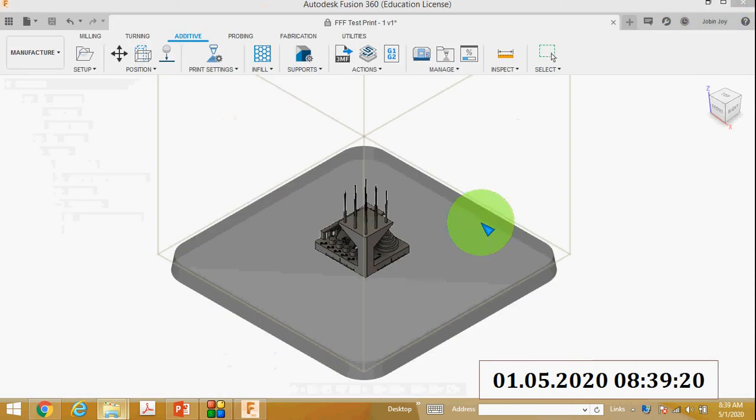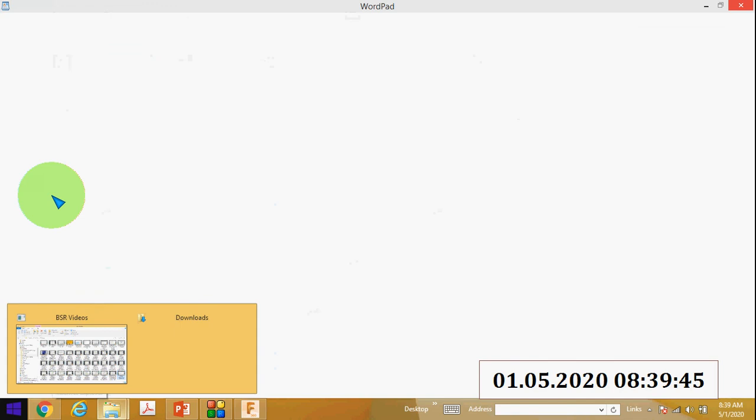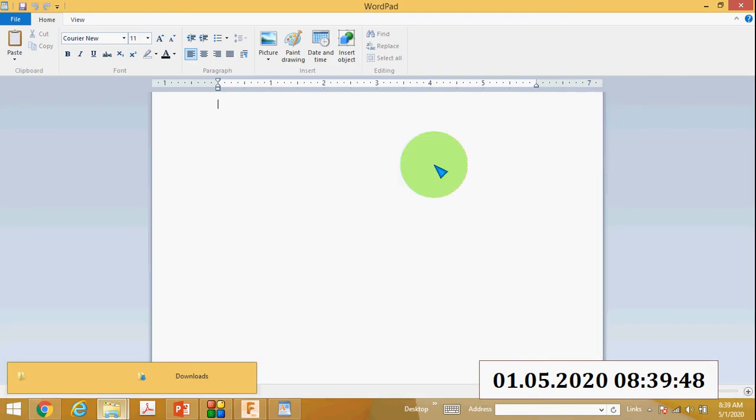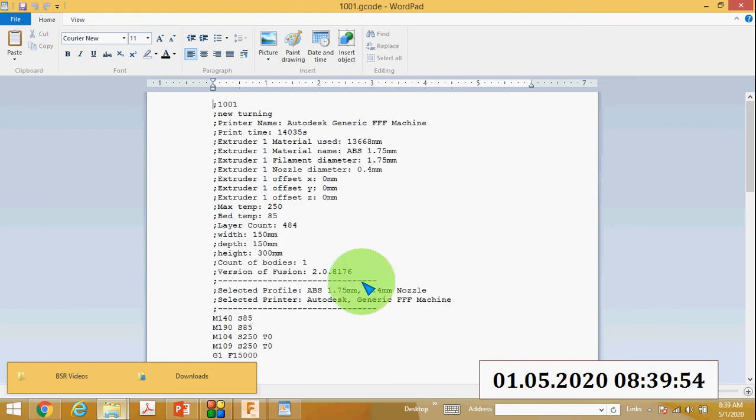Here on the desktop, I will select the folder named AU, where I saved the code. So here our code is generated. You can see this is the code.